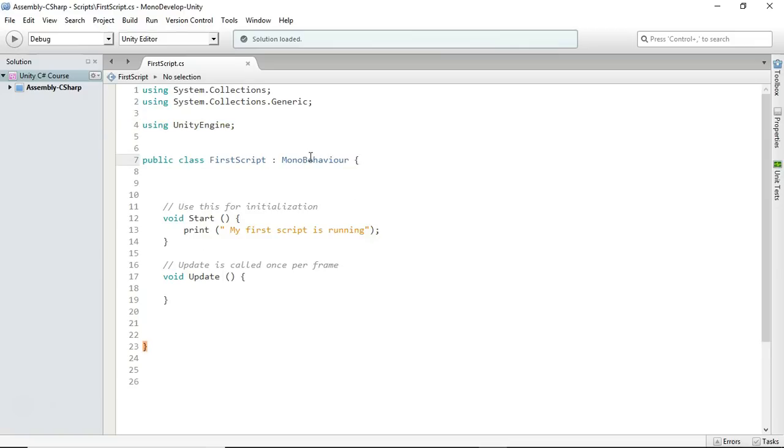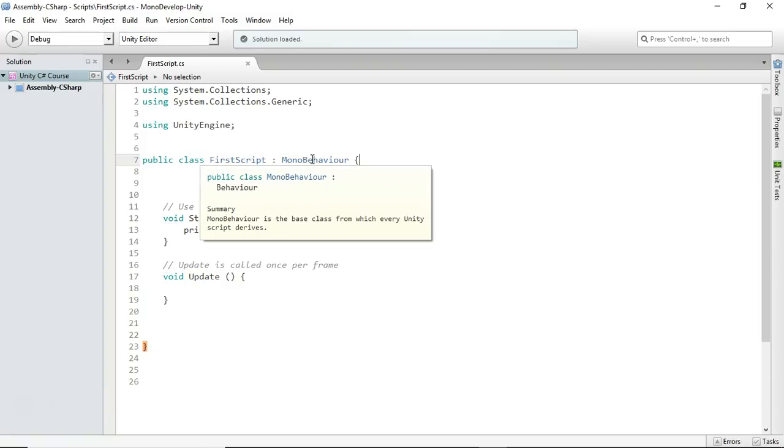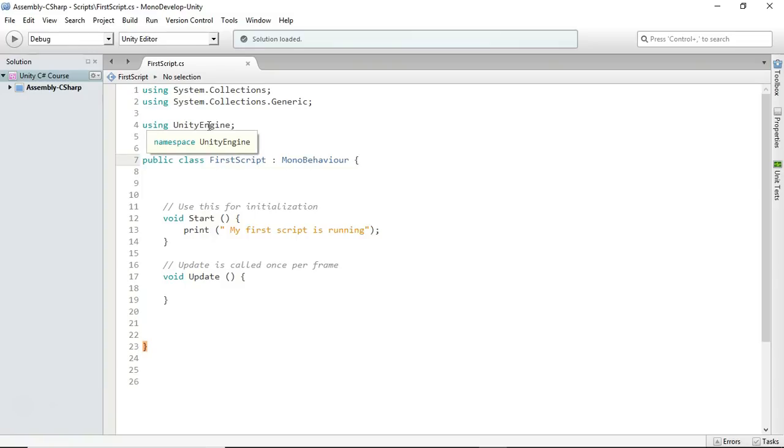So pretty much this MonoBehaviour is also part of this UnityEngine namespace. Okay, so as I've said, anything that Unity uses is part of this UnityEngine namespace. So if we want to use MonoBehaviour, then we need to use this UnityEngine namespace, and we're going to write using UnityEngine, which tells Unity that we want to use anything that's inside this namespace. Okay, so then Unity will allow us to use anything that's inside this UnityEngine namespace,